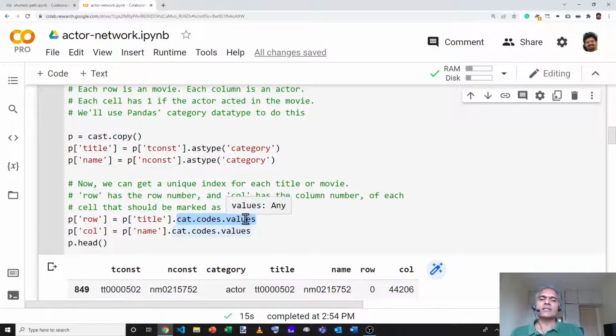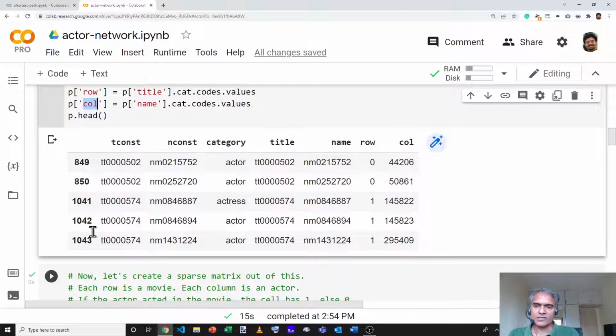And that is kind of like a zero indexed ID, or the equivalent of a row number and a column number. So what it does is automatically assign unique IDs to each of the tconsts and the nconsts, and we can get those IDs from this particular expression. So we'll assign that to row and column.